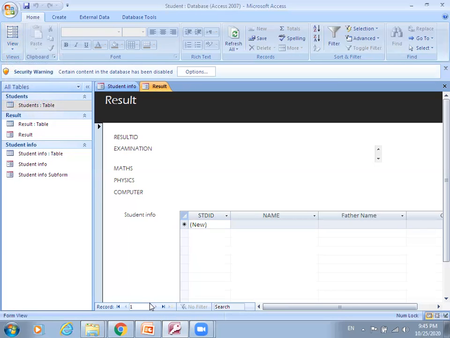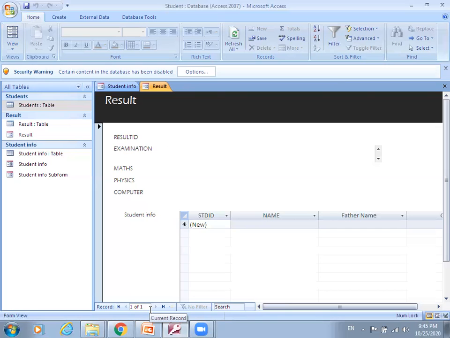Like suppose if you want to go to record 10, you can mention 10 here. Here we have the navigation buttons, which are used to move to the first, second, and third. So this is your navigation at the bottom left.